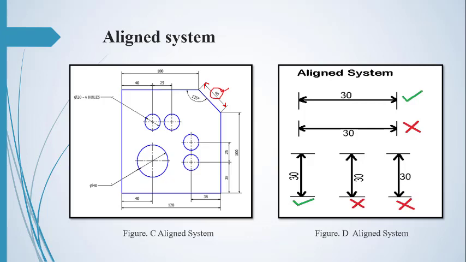Here you can see that the line is vertical, and with the vertical line the unit is written parallel to the dimension line. So in the aligned system, you should keep in mind that the numericals you display should be parallel to the